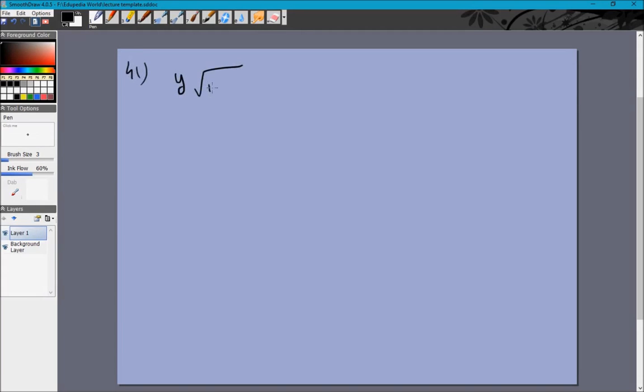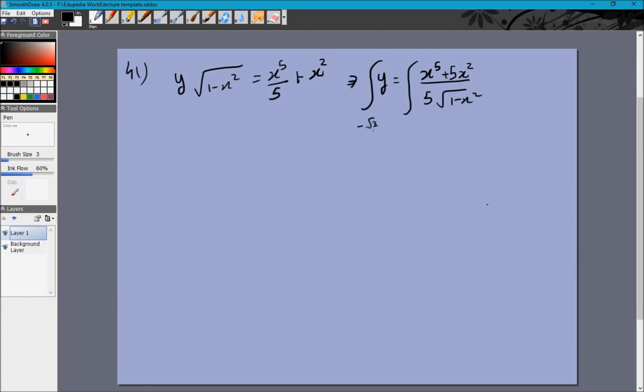Y root of 1 minus x squared is equal to x to the power 5 by 5 plus x squared, that is the integral of 2x. Just to simplify it a little bit further, we can write y is equal to x to the power 5 plus 5x squared by 5 root of 1 minus x squared. And now in the question, we need to integrate it from minus root 3 by 2 to